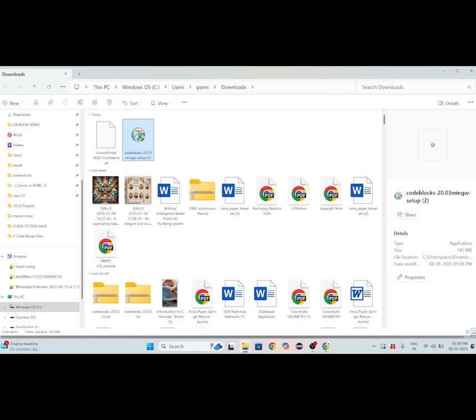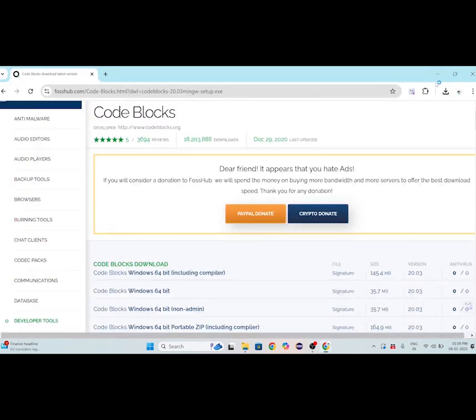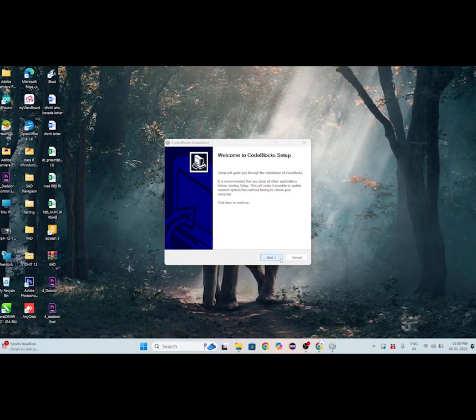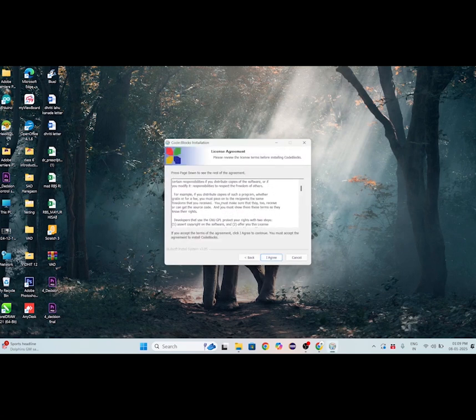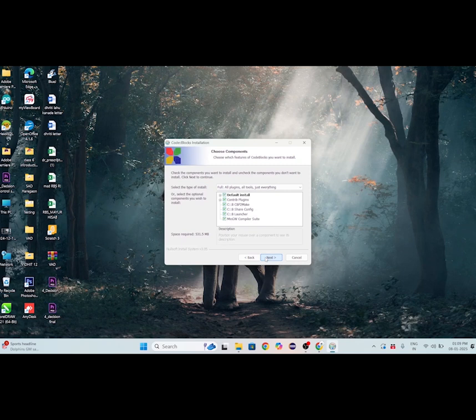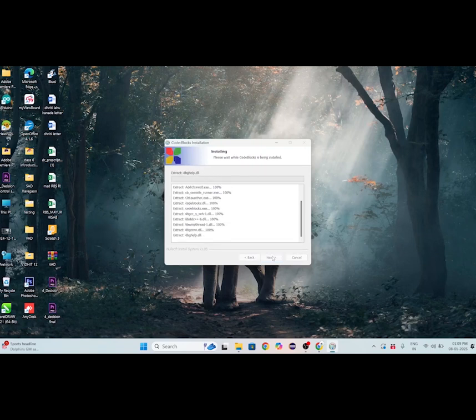Double click the icon. The setup wizard for CodeBlocks will start immediately. Follow the wizard steps. Click next. Go through the agreement as mentioned here with all the necessary terms and conditions and important points to be noted. Say I agree. Keep these options as they are for now. Click next. Remember the path where it is getting installed. Click install. And now the installation process has started. It will take a little time to set up all the necessary files in the folder.